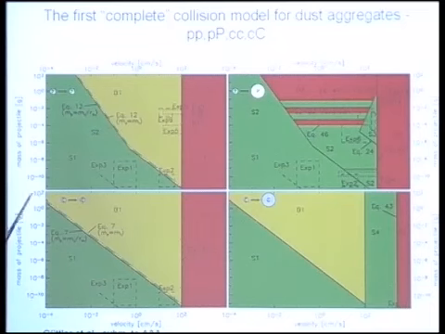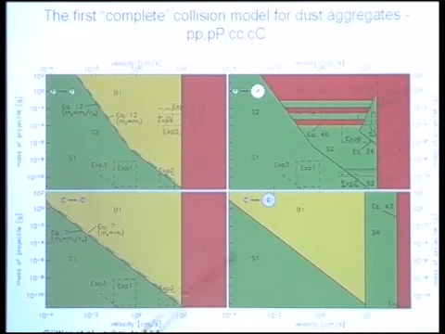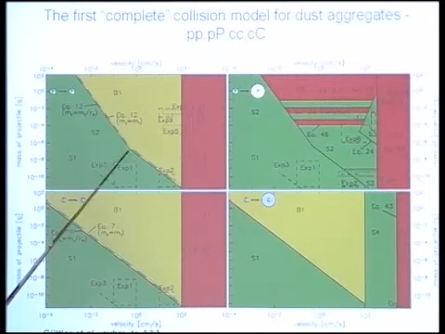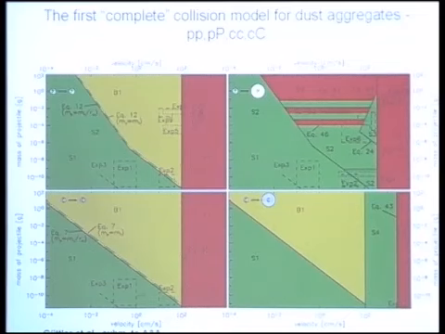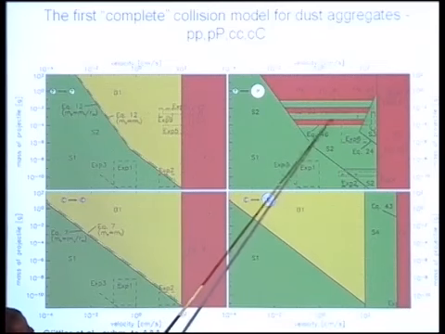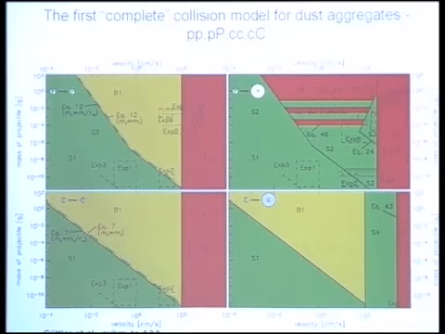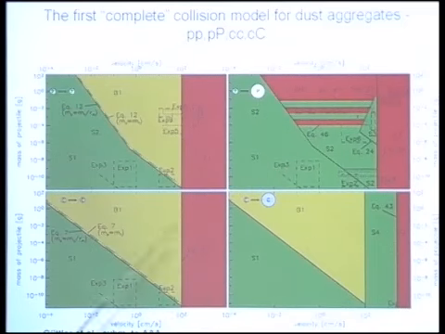S1 is the hit and stick with a threshold velocity of inverse square root mass dependence. This is this curve here. S1 is here, S1 is there, S1 is here. S2 is the sticking by surface effect, by compaction, for instance, that makes some kink here, changes the slope a little bit here as well, doesn't play a role in this. Then we have the simple bouncing with compaction. B1 is here, there, and here. And in that case, we have an extended range of parameters for sticking by surface effects and some bouncing with mass transfer here. But this bouncing is actually red colored because it takes mass away from the large aggregate.